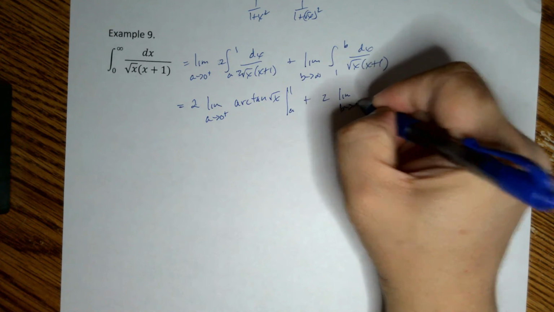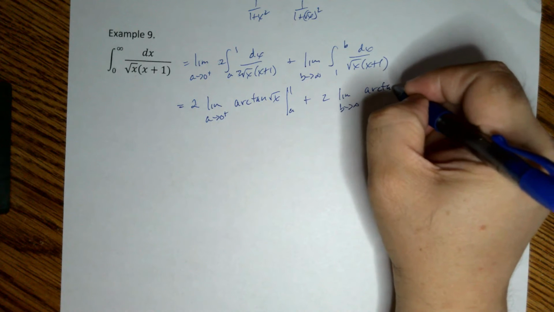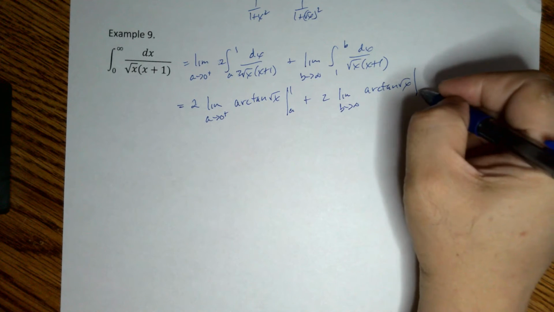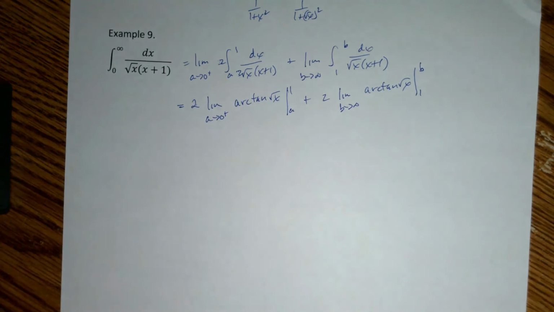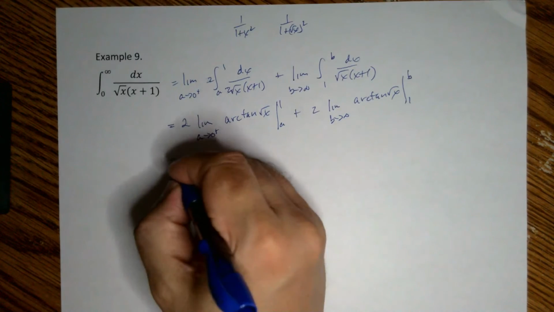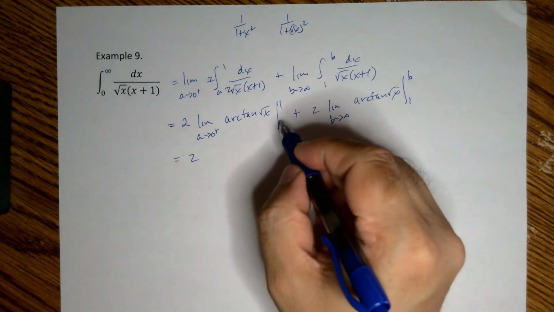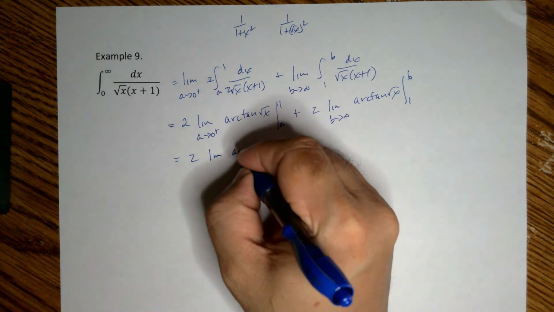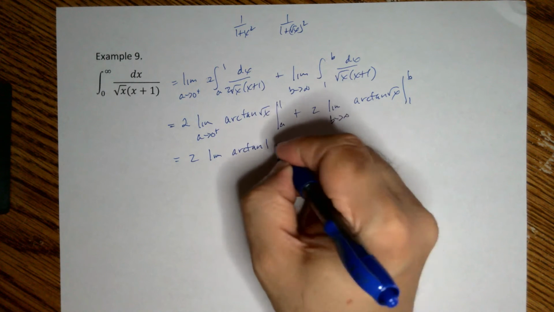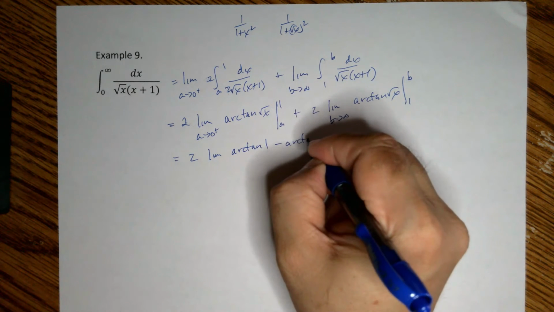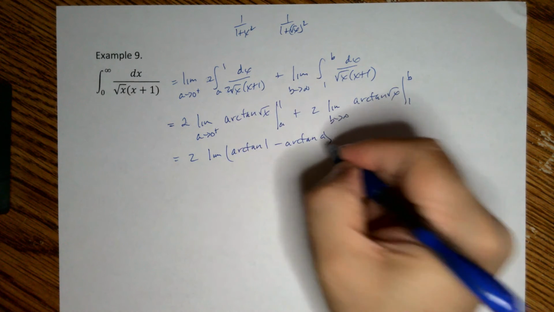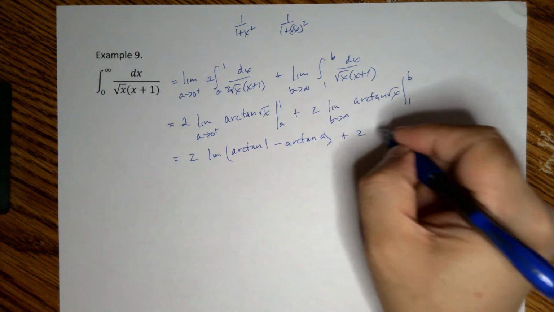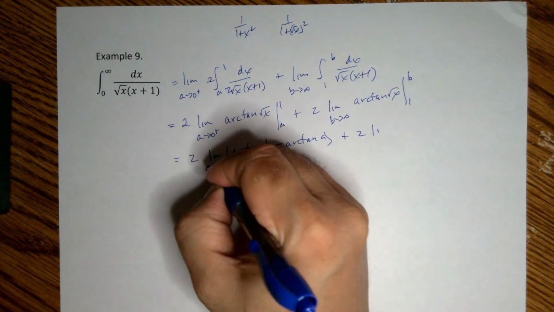Limit as b goes to infinity of arctan of square root of x from 1 to b. So this becomes 2 times the limit of arctan of 1 minus arctan of a, plus twice the limit, oops, that's a going to 0 from the right,